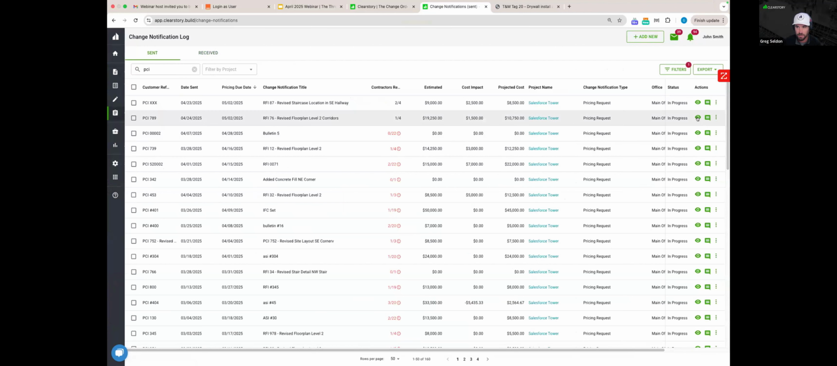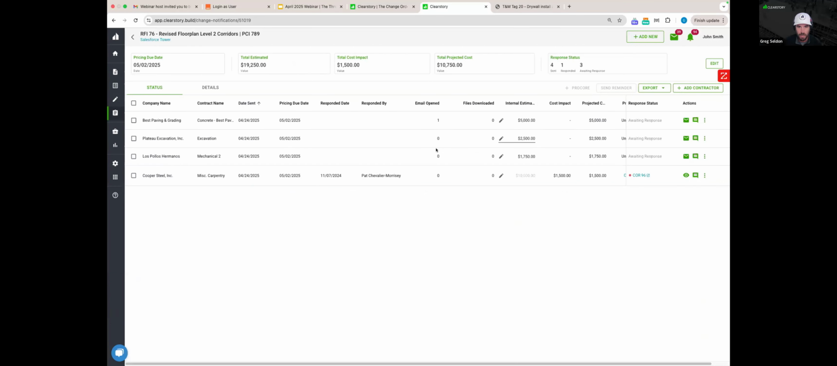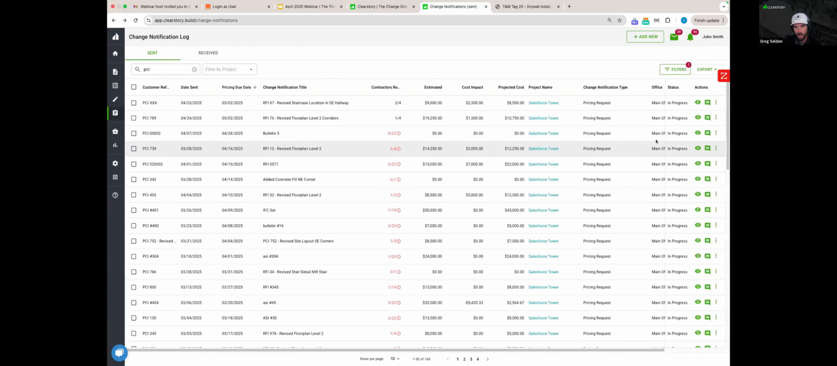So you can come into the detail of a pricing request, and you can see this internal estimate field where you could just put a ROM in there. So we have some GCs that use that functionality. We have a lot of subcontractors and GCs too that will, ROM is one of our main change order statuses,